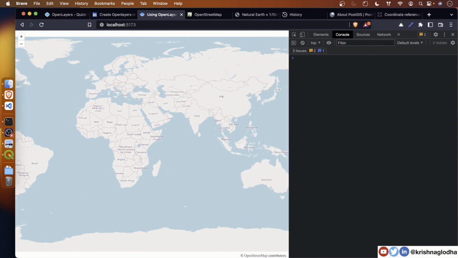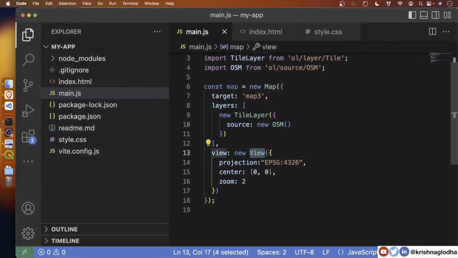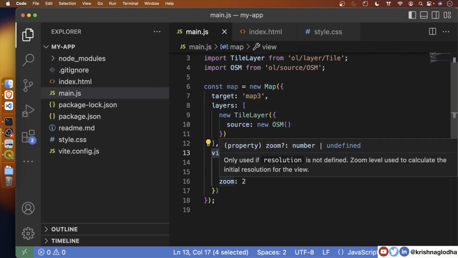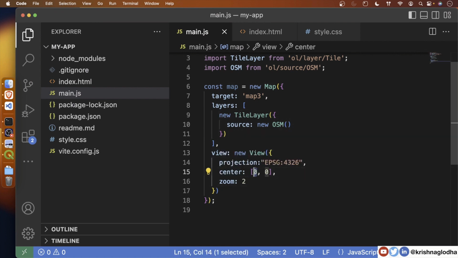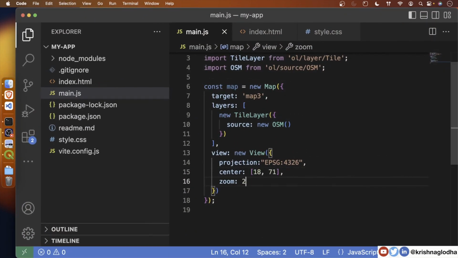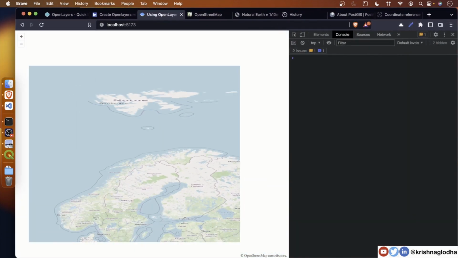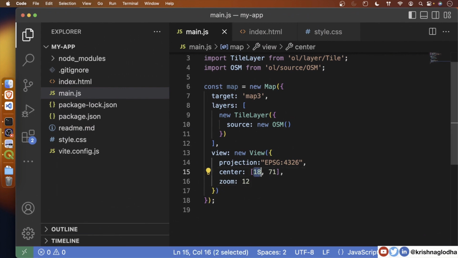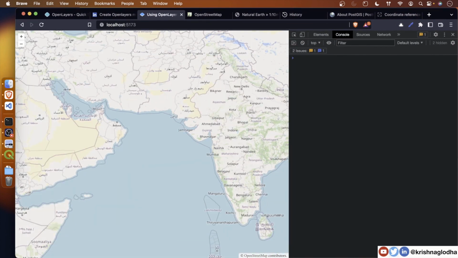Now let's try to understand the OL view. As I said, in view we will pass projection, center and zoom. If I pass center as something like 18,71, and let's say I pass zoom as 12, now you will see that we are zooming at a different location. If I pass it as 71,18, we are at the correct location, because OpenLayers takes data based on longitude and